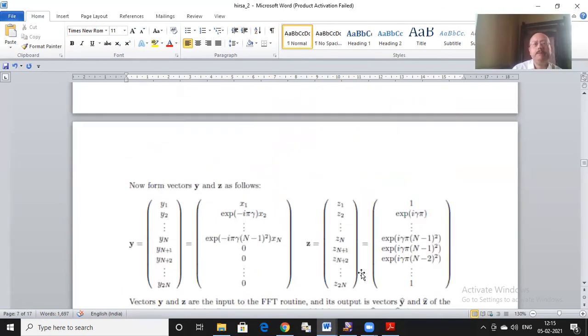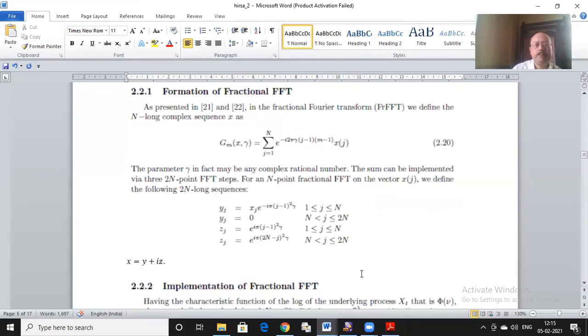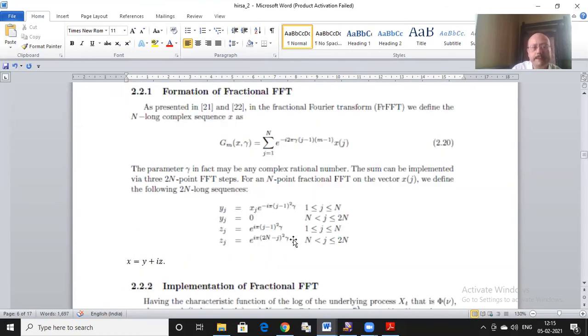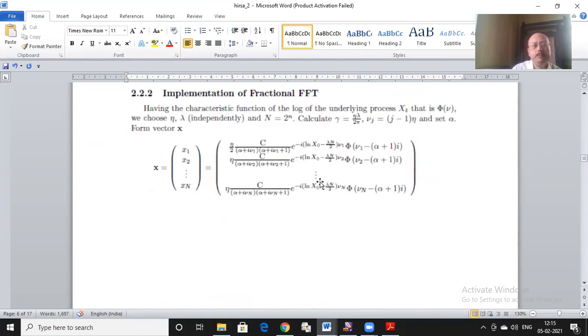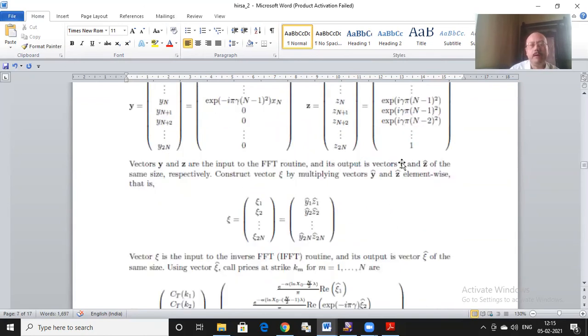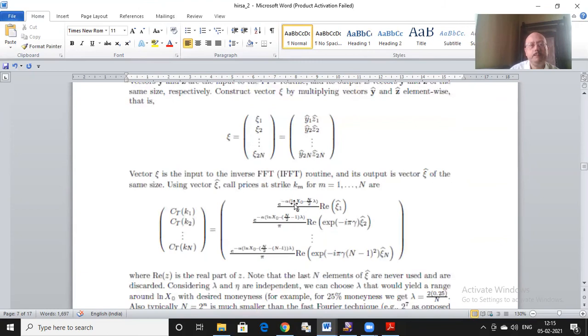So it is a complicated algorithm. So I start with a sequence of y and z like this. So I put them here to formulate the two y and z in the numerical routine. The outputs, I put them back together in xi, element-wise product, pass it through the inverse Fourier routine to get xi hat. From xi hat, I am finally able to calculate the call prices at the strikes where I want